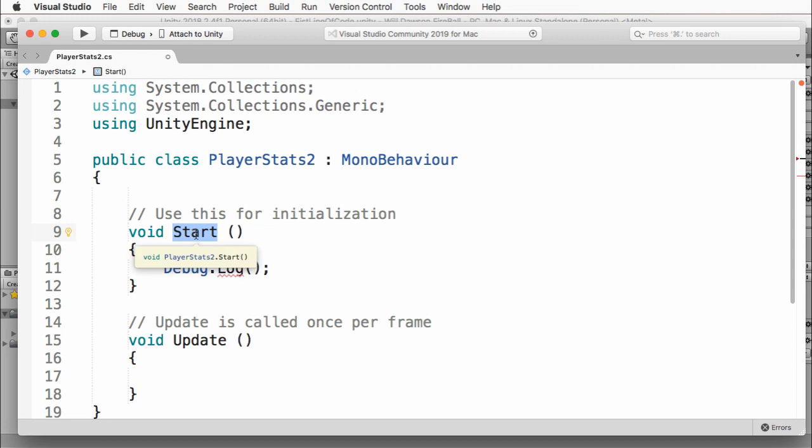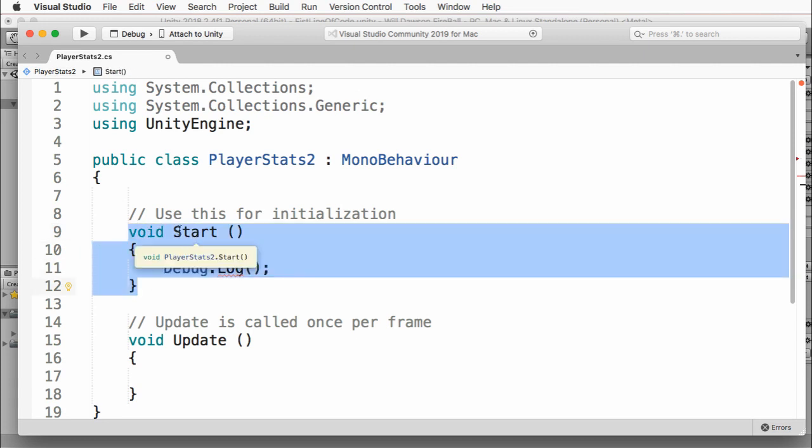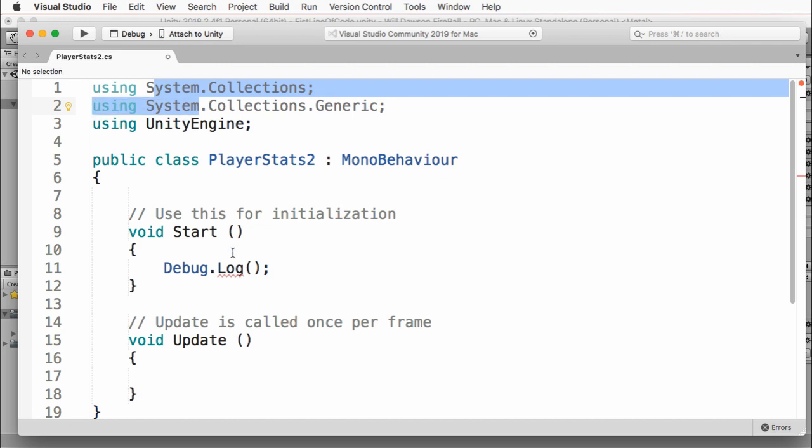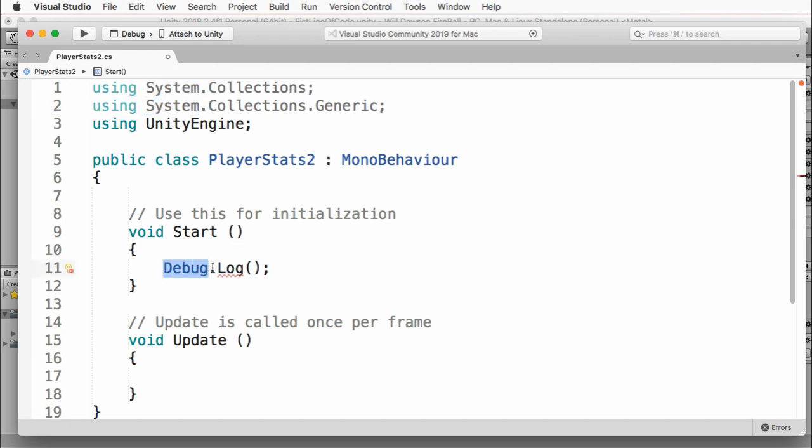If you were writing code somewhere else and you wanted this thing to run, you would reference this word, Start. And then we've got parentheses. Inside the parentheses, we tell the start function if other information should be given to this function so that it can run properly. So in the systems library, there is a Debug class,